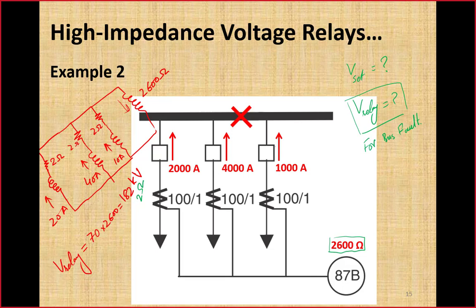So V set will be evaluated for a maximum external fault. Now here I am giving you three different possibilities. For the calculation of V set, we will have to assume an external fault. So there are three possibilities of external fault. Fault could be here in this line, fault could be here in this line, fault could be here in this line. All these are three closing faults. For the calculation of V relay, which fault should be assumed? Remember, we consider the worst case.